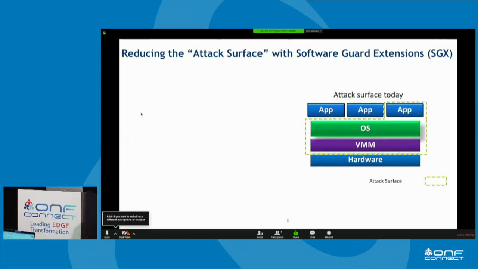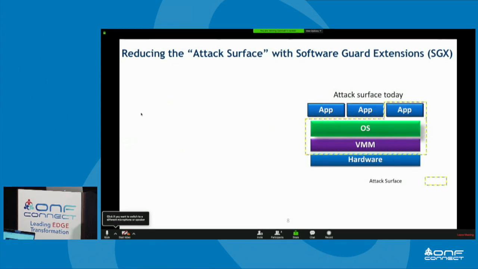Whatever secret or sensitive information you have, you can protect it inside an enclave, which we call the SGX enclave. So today, when you deploy any application in the cloud or in your data center, the attack surface is basically your entire application. That means if the application goes bad, or some part of it is compromised, it can go and